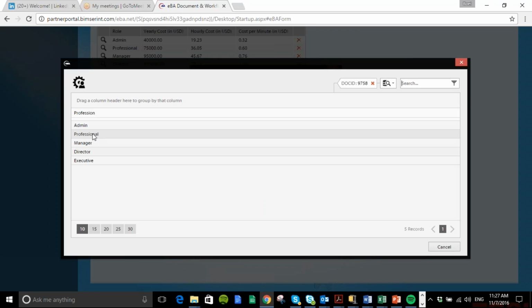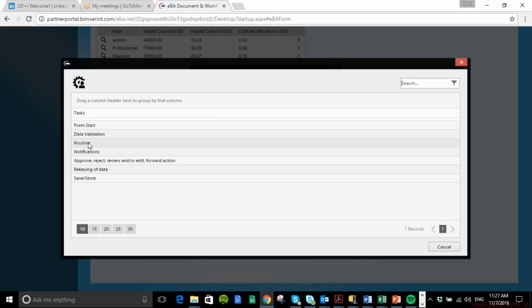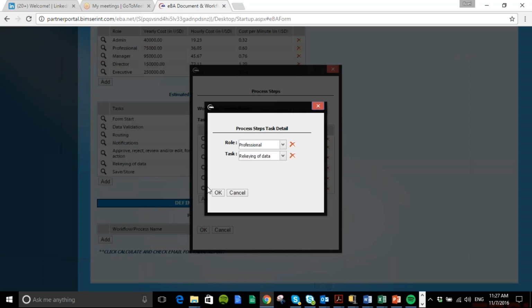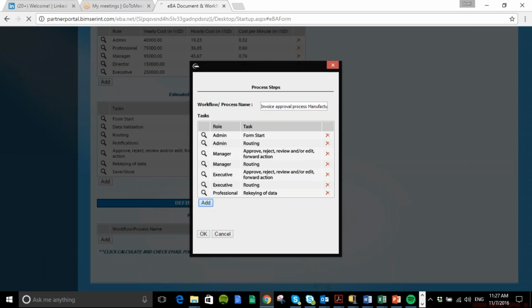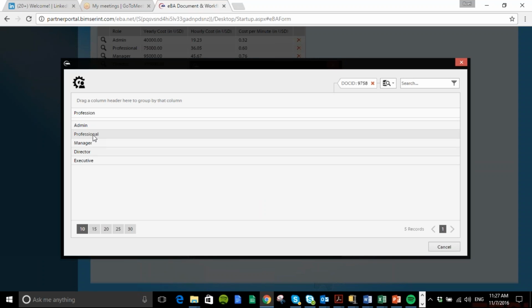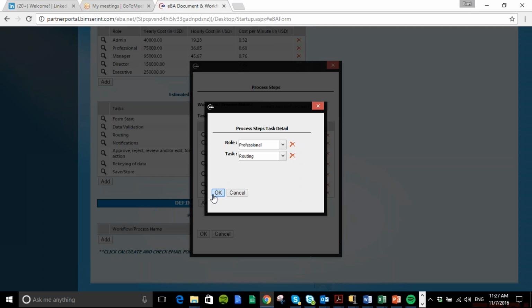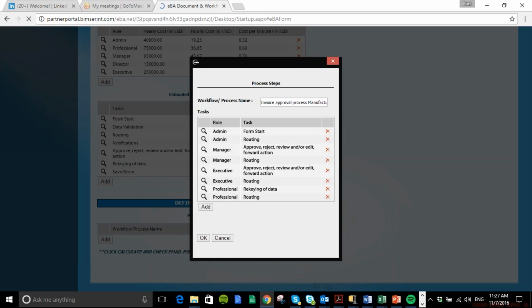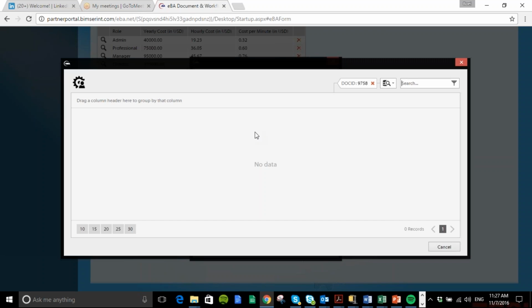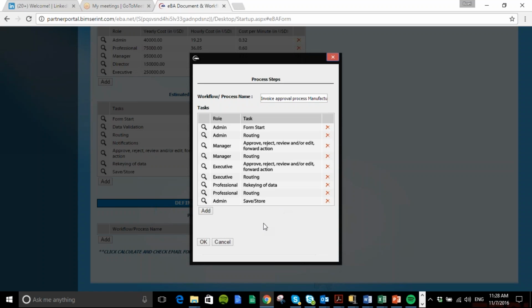Let's say in this case it's handled by an accounting specialist. And that accounting specialist is going to be rekeying this invoice into the ERP system. So this is a rekeying of data. And once they're done with that, they're going to route it to an accounts payable clerk. And the accounts payable clerk is going to save this invoice, let's assume in this case in a physical filing cabinet. And with that last action or task, we basically have completed the process steps involved in this invoice approval